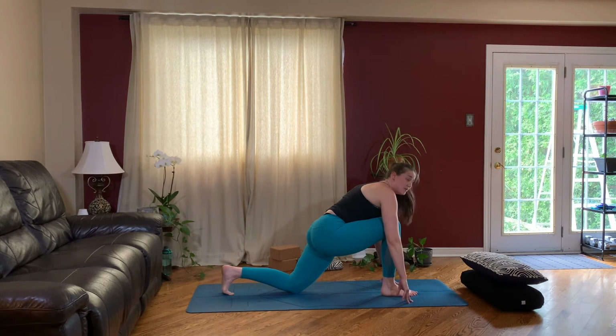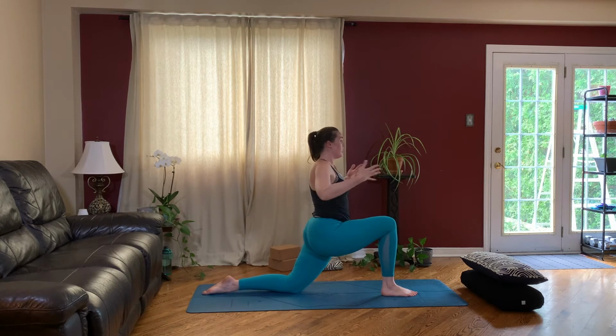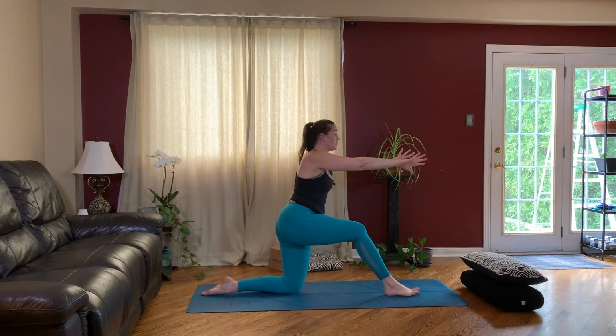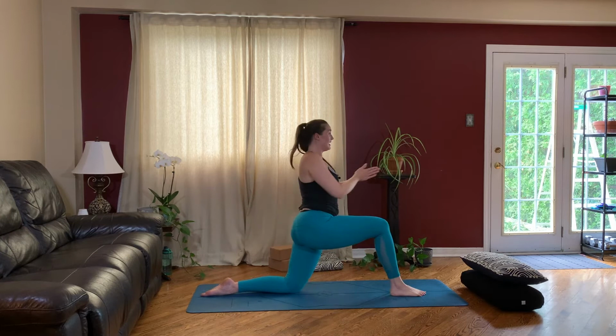Bring our back knee down, and we're going to rise up onto the front leg. We can have our hands propped on top of our thigh. Bring our hands forward. We're going to inhale here, and as we exhale, we're going to come back. We're going to swim our arms back and come into half split and try to lean forward as much as you can. Inhale,